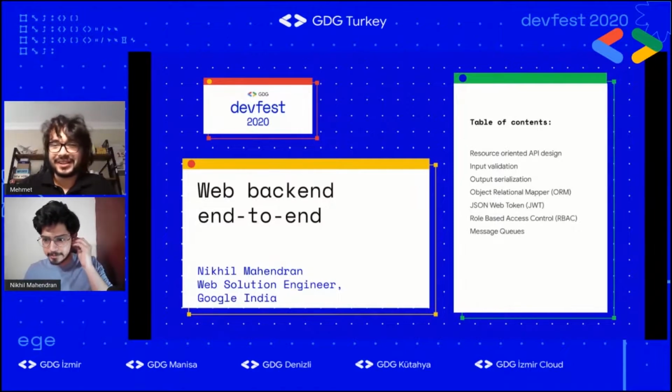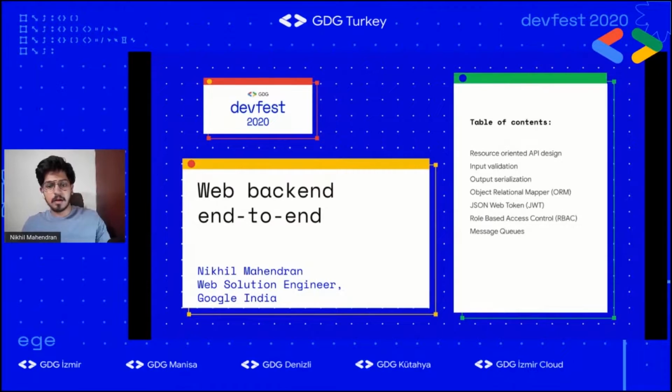So, welcome everyone. Okay, so, cool. Yeah, I'll get started right now. I'm Nikhil, a software engineer from Google India. Right now we'll see about web backend development. I have picked up isolated, fundamental topics which we'll surface through. First, we'll look into resource-oriented API design, then input validation, output serialization, then ORM, JWT, RBAC, and finally we end up with message queues. So moving forward,